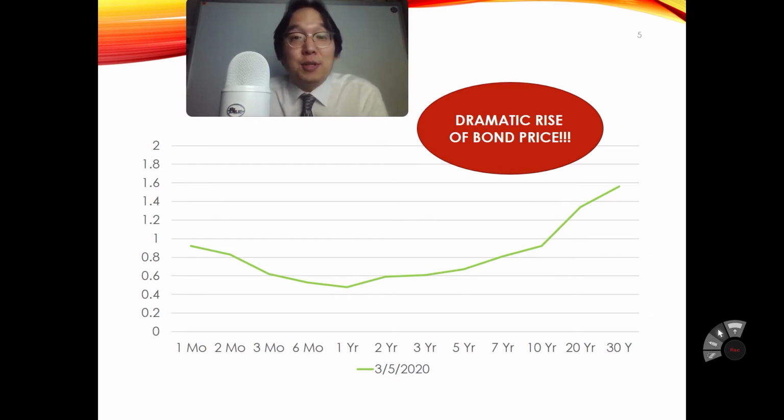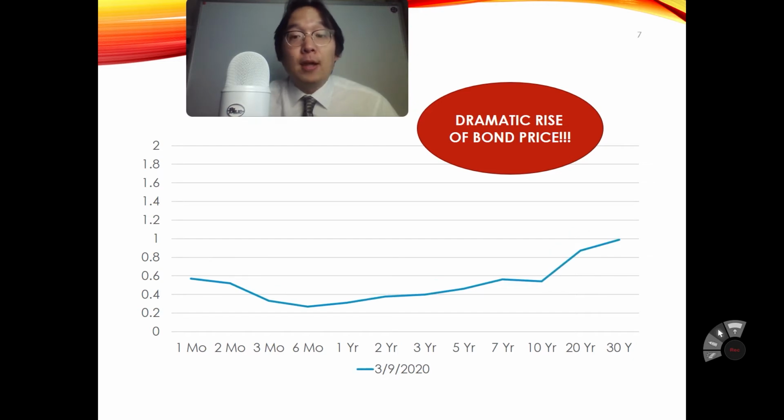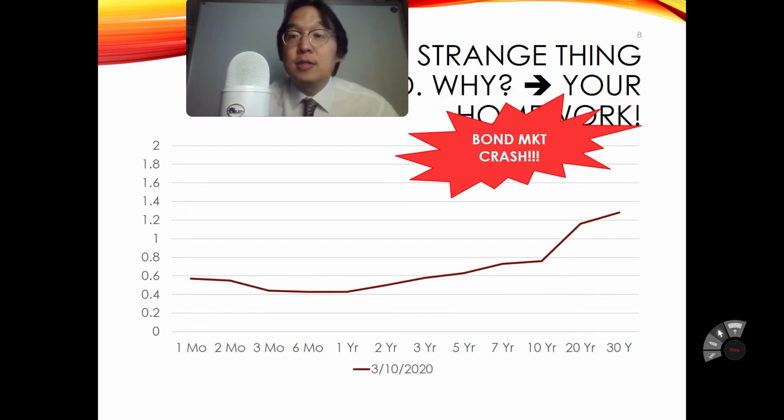Because the U.S. dollar itself is a key currency, or 기축 통화 in Korean terminology. So that's what was happening in the beginning of March. Let's see, it keeps going down, the yield to maturity, which means the U.S. bond price keeps going up. And then basically things were happening this way, but in March 10th,